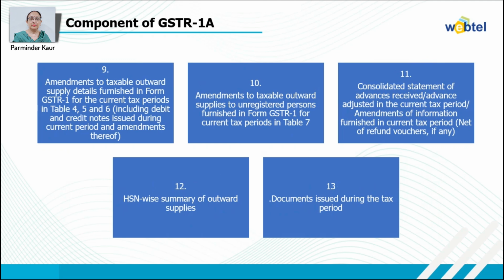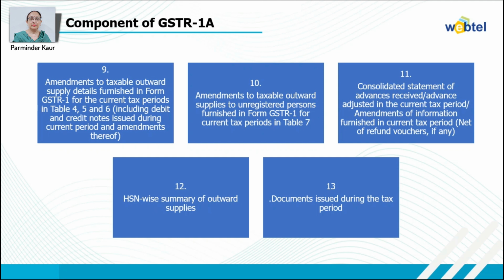So in this table we will include the advance amount received in the tax period for which invoices have not been issued. The same will need to be bifurcated into inter and intrastate supply and reported rate wise. Advance amount received in an earlier tax period and adjusted against the supply being shown in this tax period in the table number 4, 5, 6, 7, and the same will need to be bifurcated into inter and intrastate supply and reported rate wise.